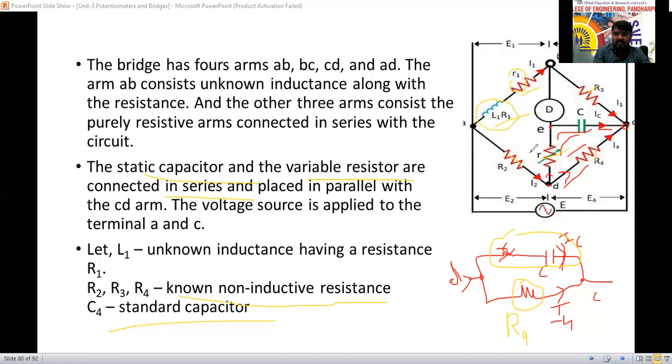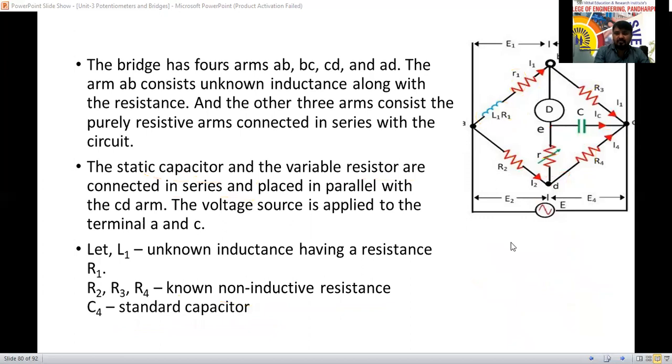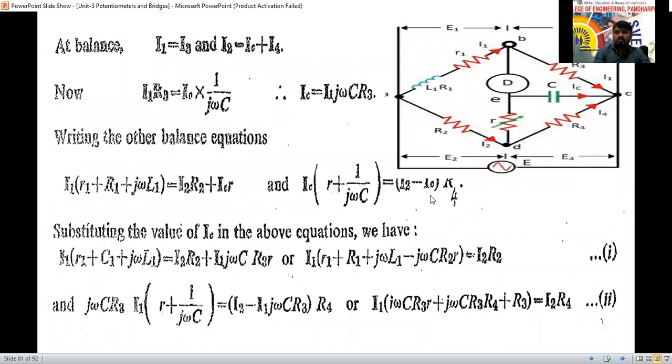So once the circuit construction is over, then we have to derive the equation for this L1 and R1 here. L1 and R1 we have to derive here. To derive the equation, we have so many complications and so many equations we are going to get here. So when the bridge will be balanced,